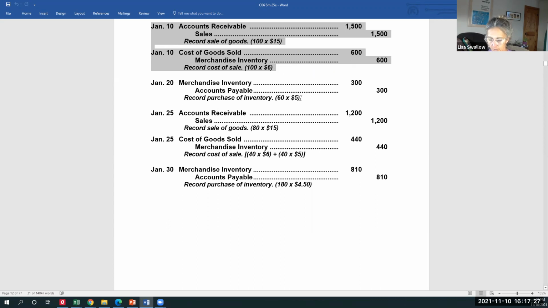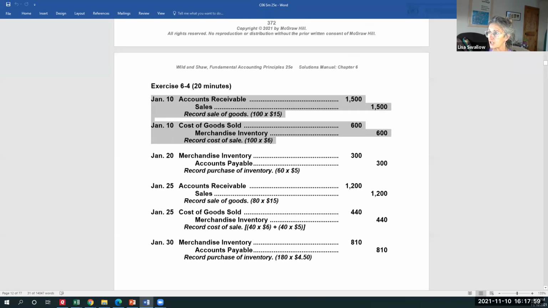Okay, now I go down the road to the 20th and I buy another 60 units. So I record that just like you always would, debit inventory, credit payable, and now I make a sale. So I'm selling 80 units, debit AR, credit sales. But then the key here is when you make your cost of goods sold and credit to inventory, you've got to look up at your chart from 6-3